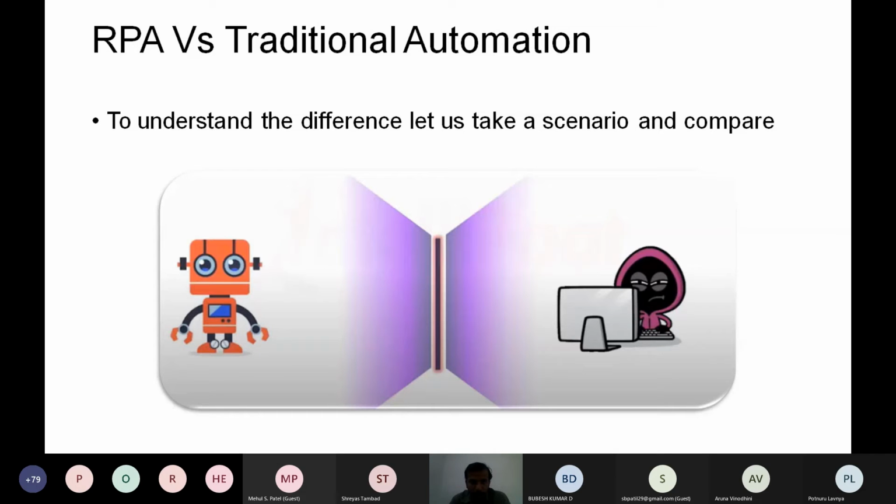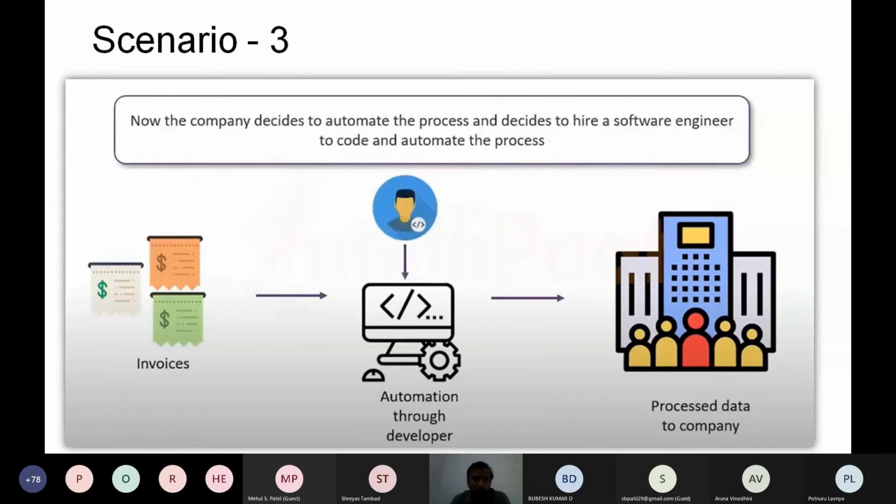So on the first day you could have done it manually. Now it becomes difficult. Now the owner thinks that I have to automate this process. Otherwise, he has to spend a lot of money and a lot of workforce for processing the data. So he's going to automate it. There are two ways. He can go for a traditional automation way or can think of an RPA. So what is his requirement? His requirement is that he will have a number of invoices.